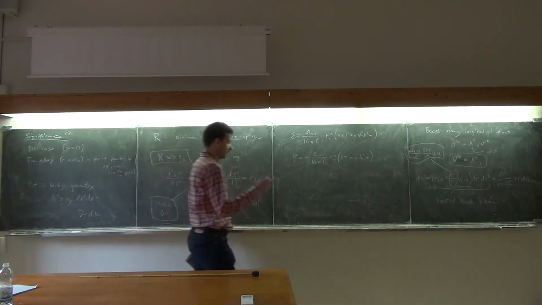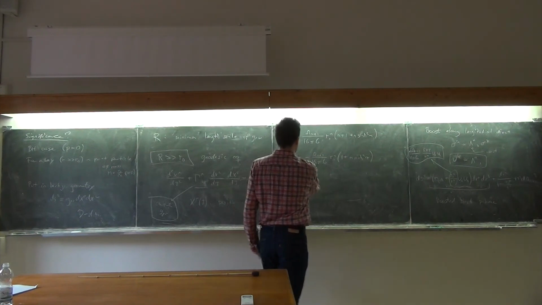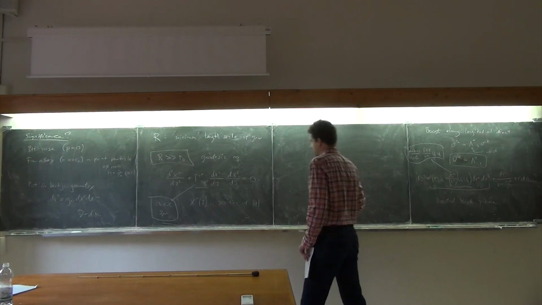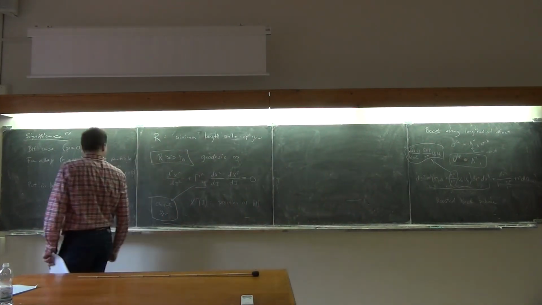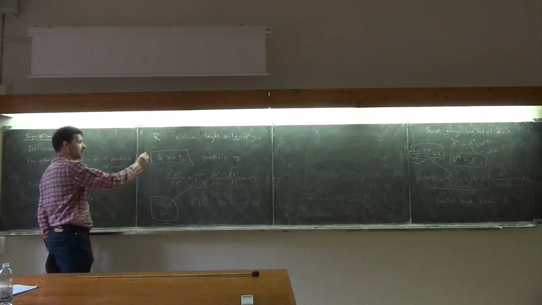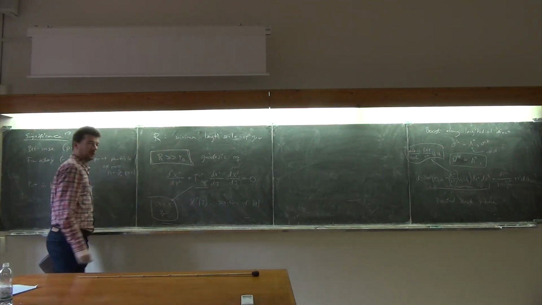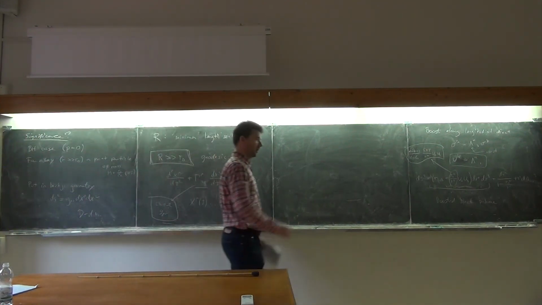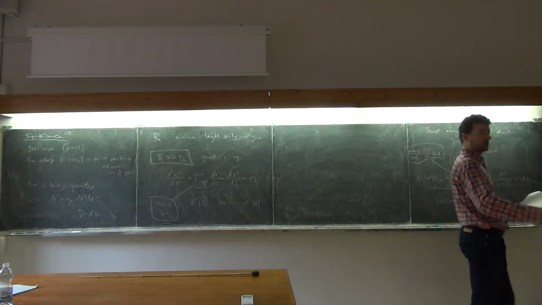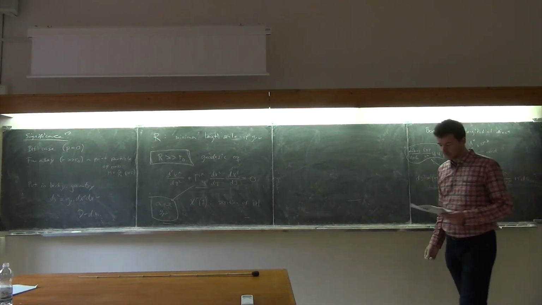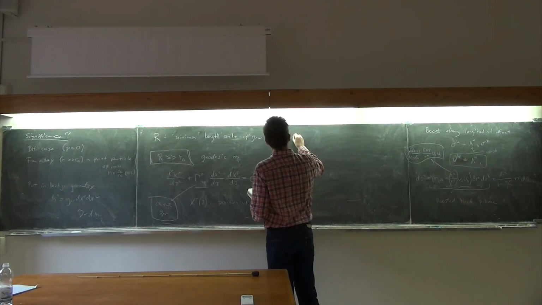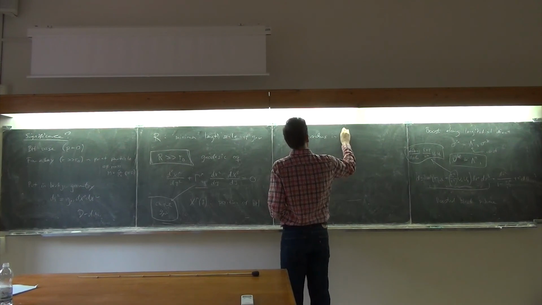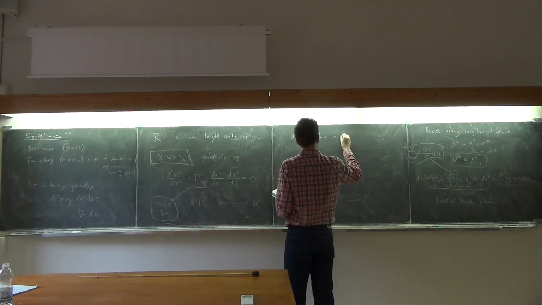Then, so what happens? This is an approximation, right? And this is an approximation that works in this regime here. And as with all approximations, you have a leading order, then you have a first correction, second correction, and so on. So what happens at higher orders in R0 over R?